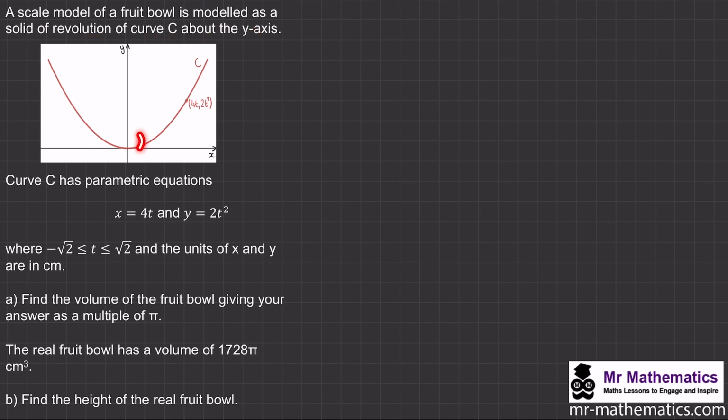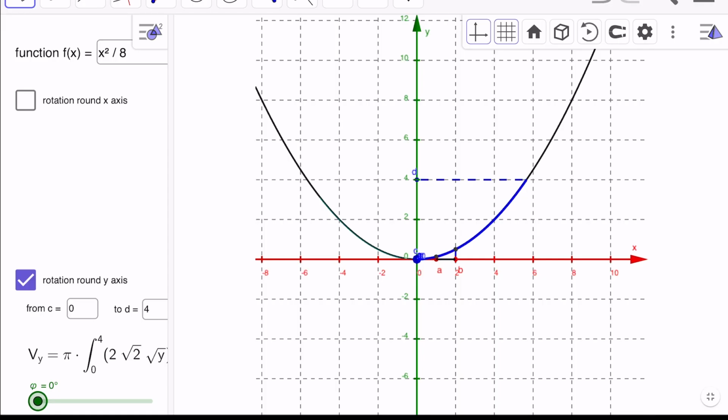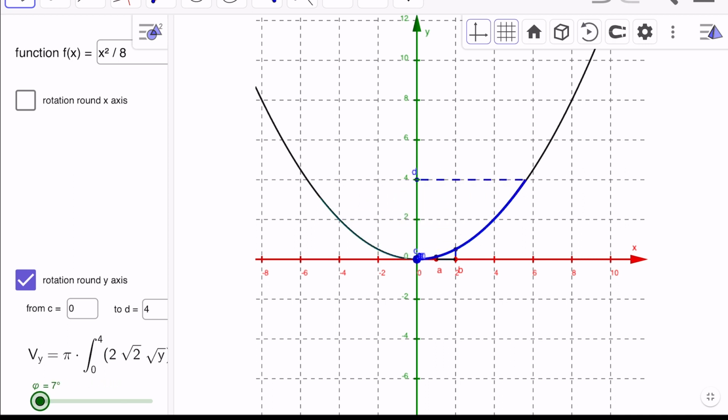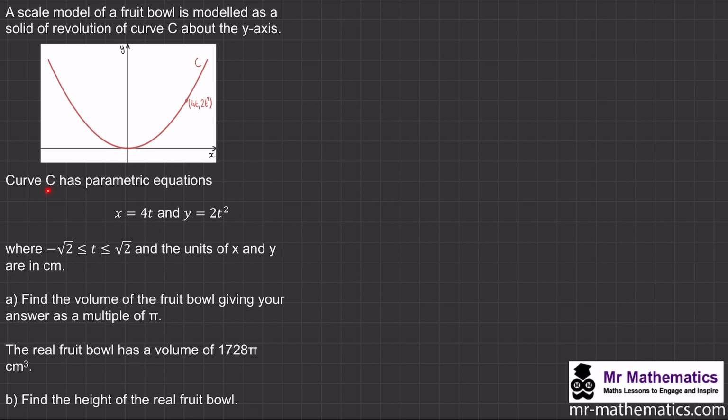And I want to show you what this will look like as it is rotated around the y-axis. So we have this function, and as we rotate the curve around the y-axis, you can see that we create something that looks like a fruit ball. And it's the volume of this fruit ball, or this model, that we're going to find, okay? And we're told that the curve C has parametric equations, x equals 4t and y equals 2t squared,